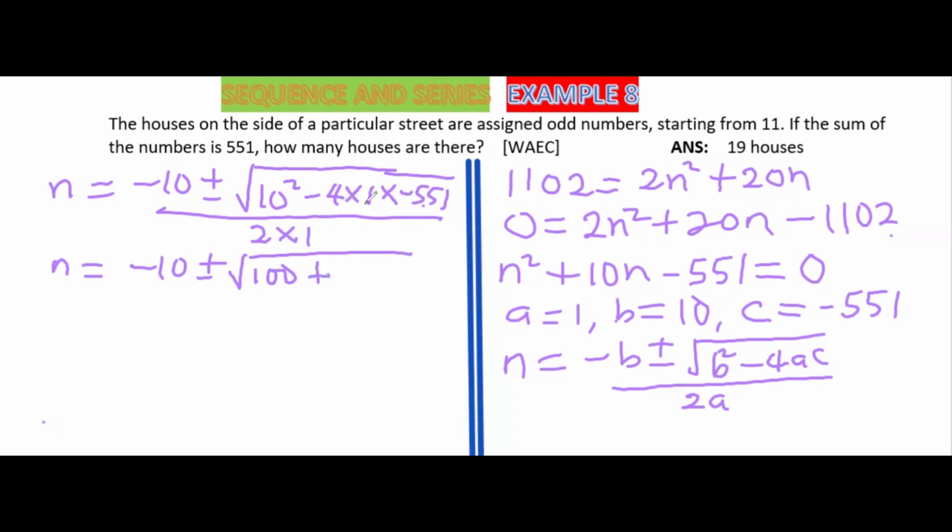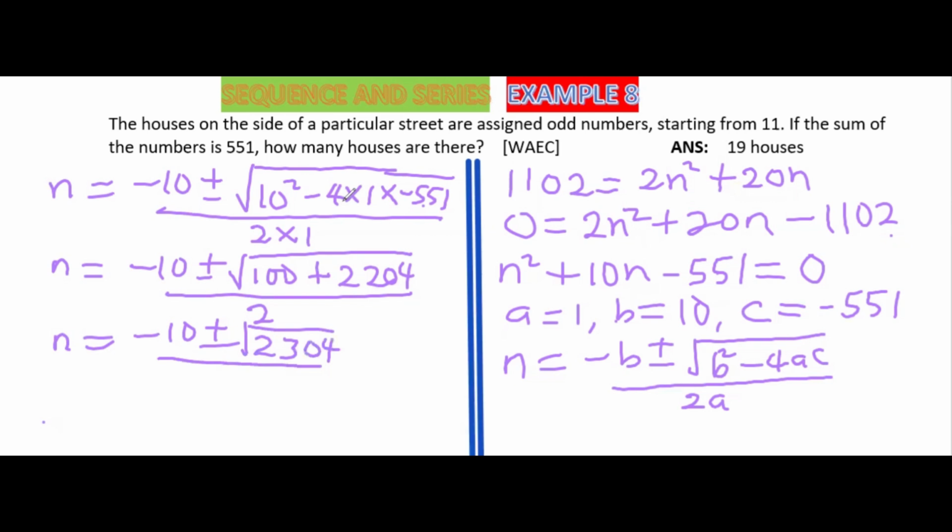We now have 4 times 1, 4. 4 times 551. That should give us 2204, over 2 times 1 is 2. So we now have negative 10 plus or minus the square root of, if you add 100 to 2204, that will give us 2304, over 2. And this implies negative 10